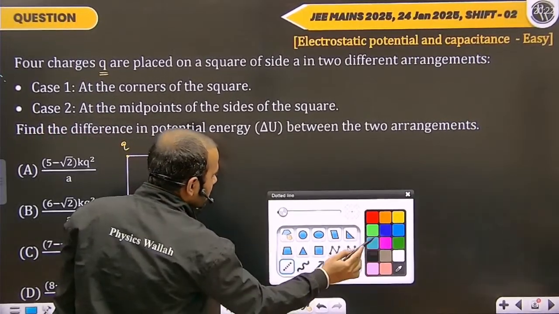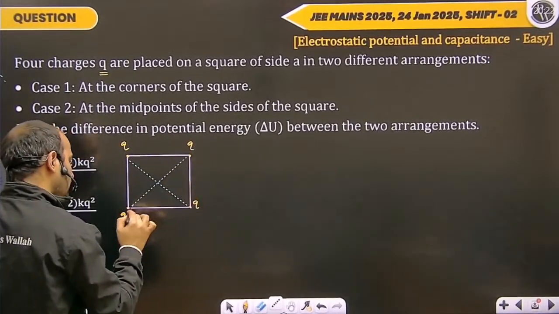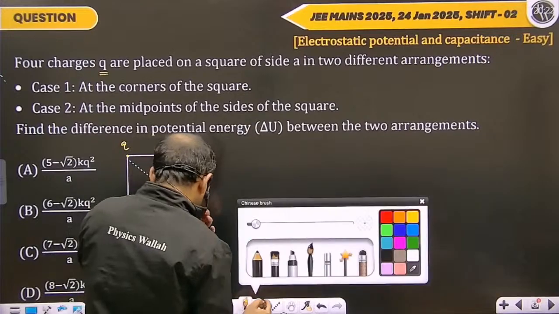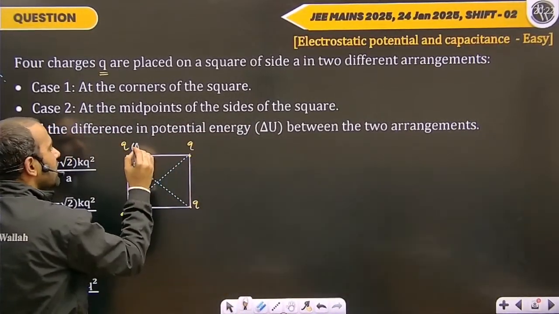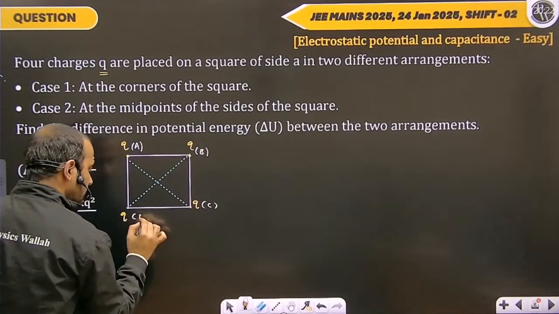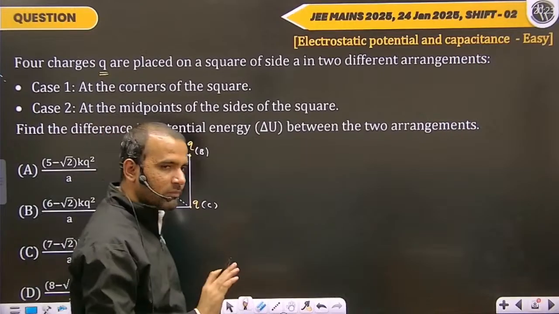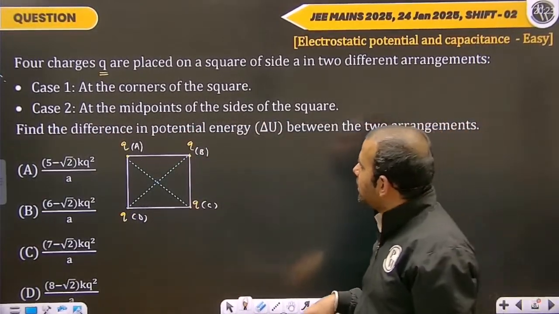So what they have mentioned is an arrangement something like that. At the square corners, we are having a charge. So let us take this as A, this is B, this is C, this is D. We are having 4 charges, A, B, C, D at the corner of the square. Okay. Now,